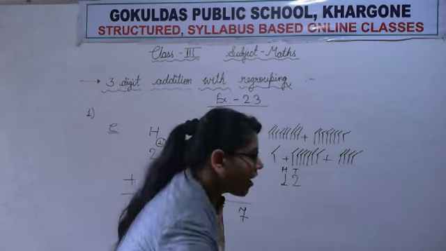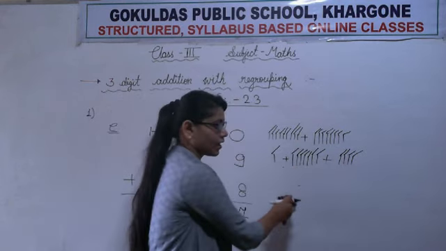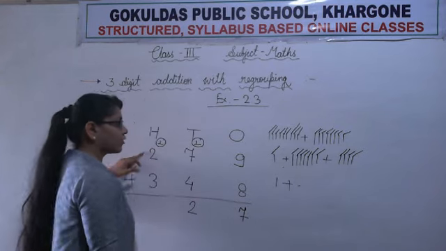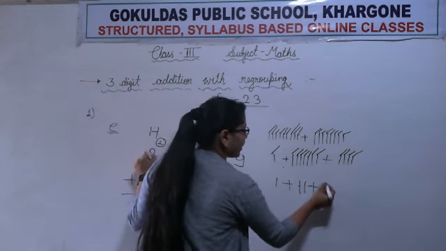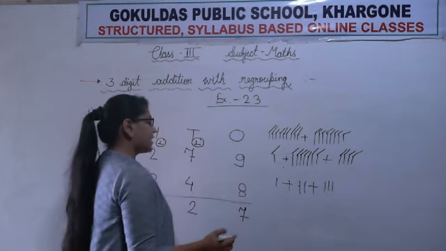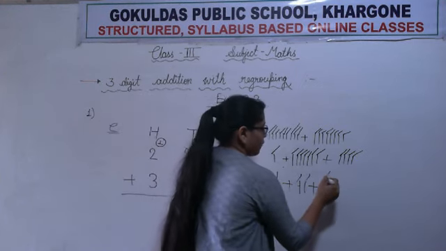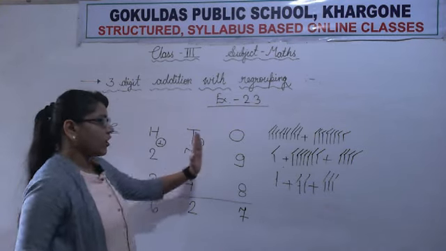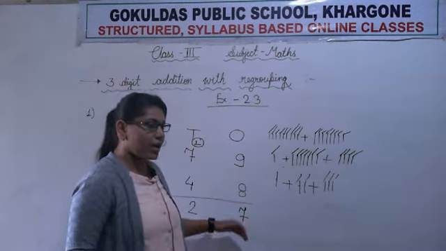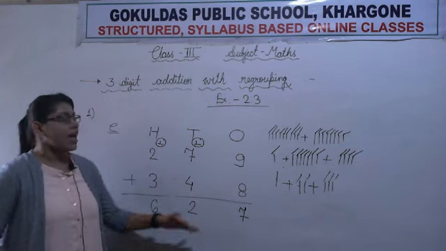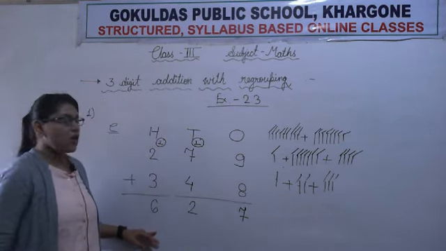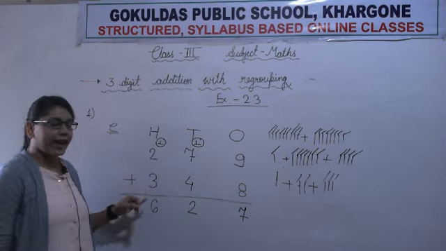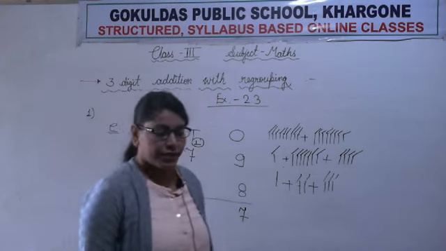Now let's add the hundreds column. The very first number here is 1, which is the carry. Now the next number is 2 and the last number is 3. Now let's add them all. 1, 2, 3, 4, 5, 6. So we will write 6 below hundreds. We wrote the answer of ones below ones, the answer of tens below tens, and the answer of hundreds column below hundreds. So when we add 279 and 348, our answer will be 627.